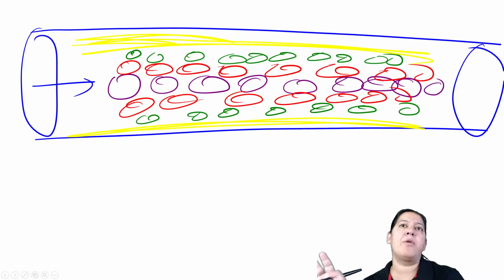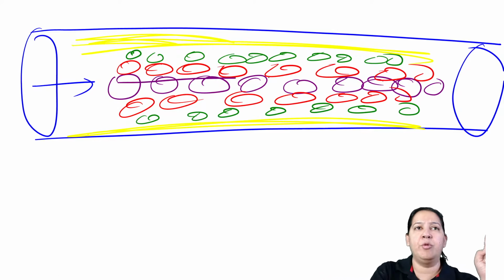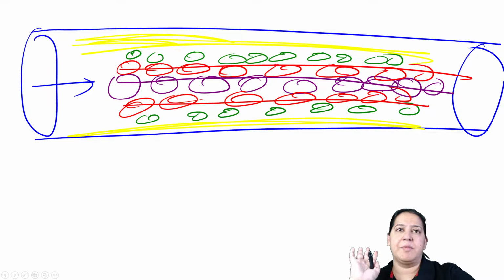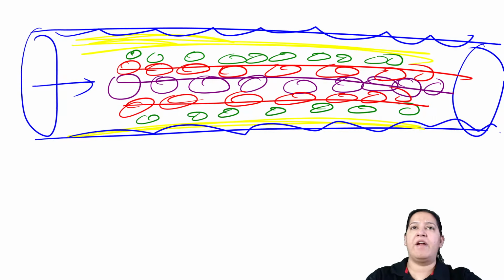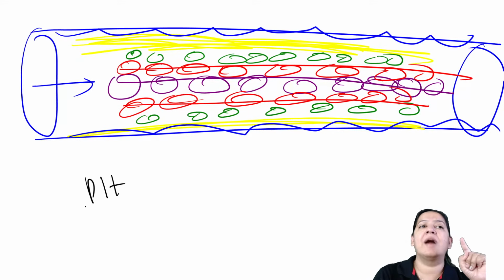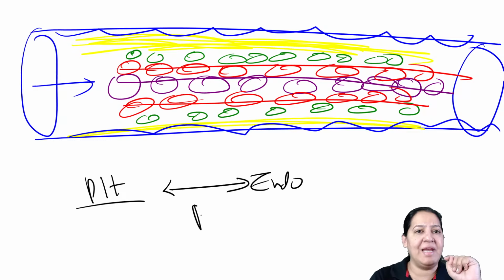So I am applying Bernoulli's theorem to the blood. The center, the purple color you can see, is WBC. The red color is RBC, the green color is the platelets, and yellow is the plasma. Can you see this is the endothelial lining? Now, platelets are not in contact with the endothelial lining. The green platelets are separated from the endothelial lining by a layer of plasma. I am repeating again: the platelets are separated from the endothelium by a layer of plasma.